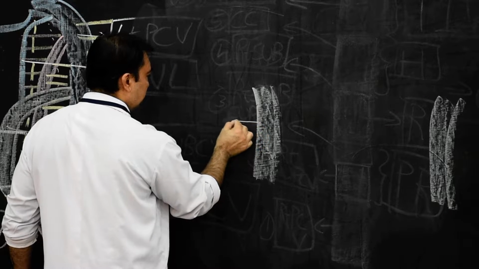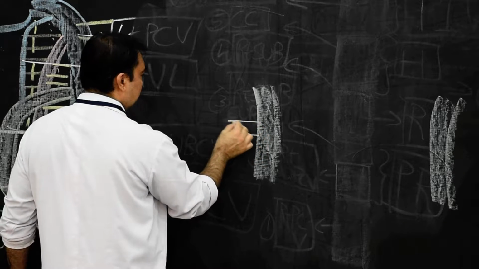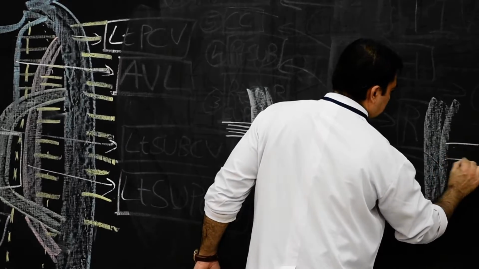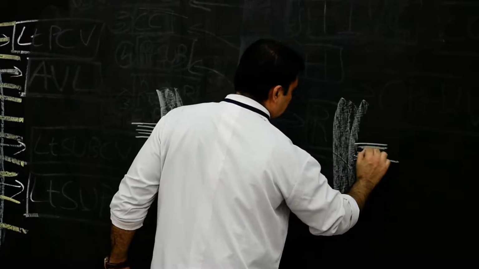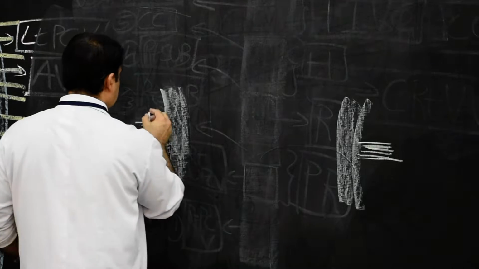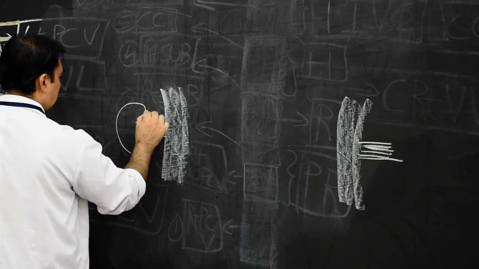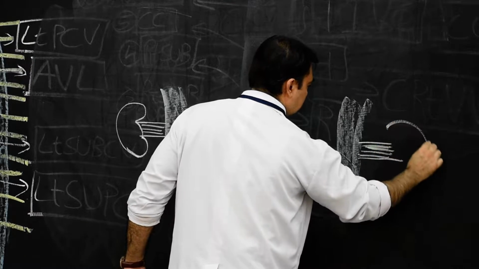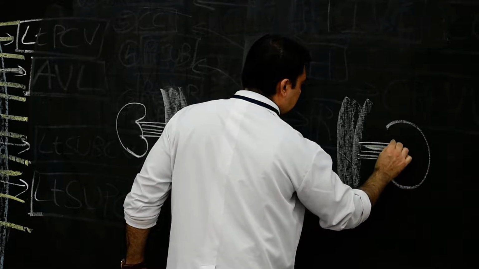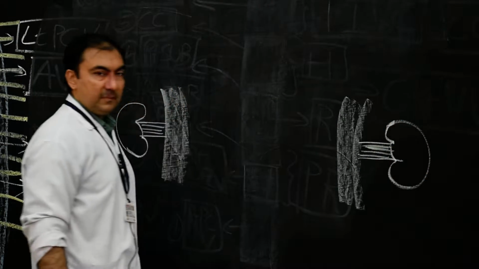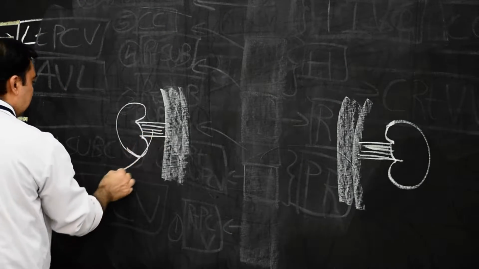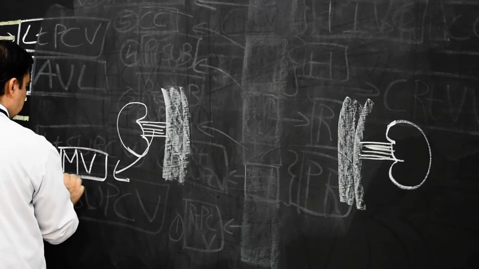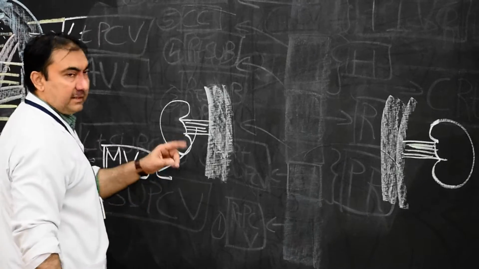Where is it receiving the blood from? It is receiving the blood from the mesonephric veins. So, these mesonephric veins, where are they coming from? They are coming from the kidneys, here I am drawing a small portion of the kidneys. Now I will name these as the mesonephric veins, right and left.